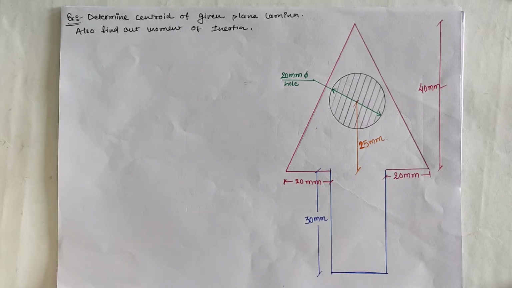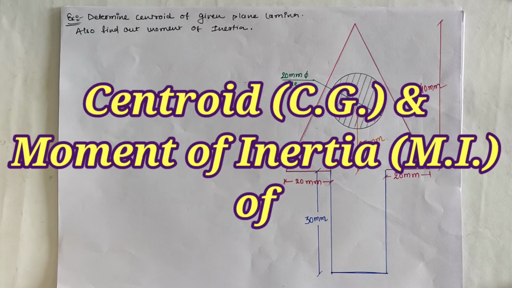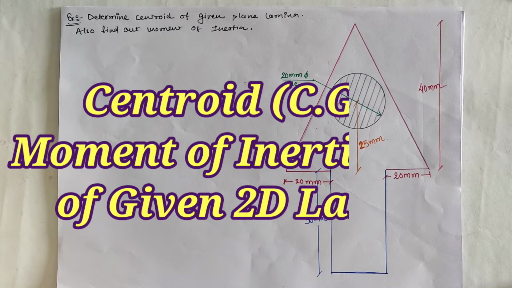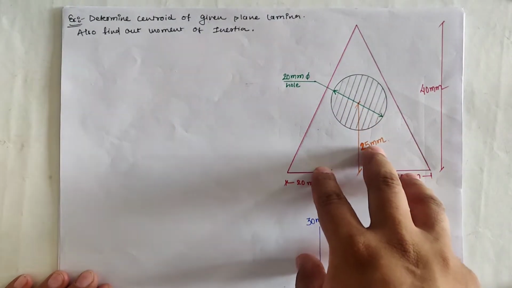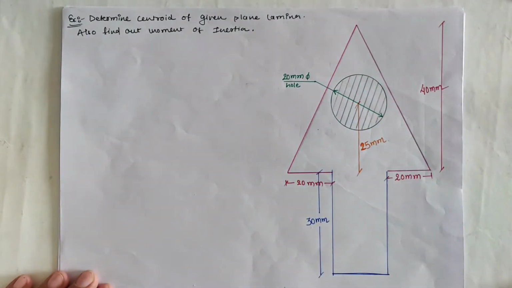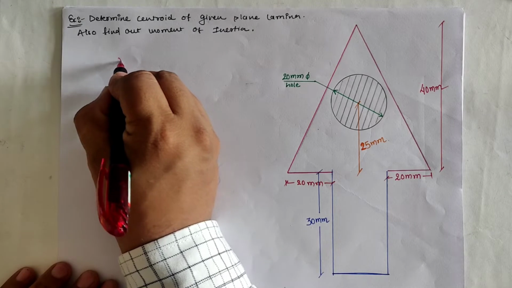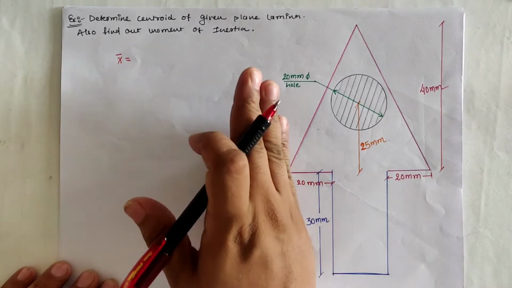Hello friends, today we are going to calculate the centroid of this given figure as well as the moment of inertia with respect to the centroidal axis. First of all, observing the figure, it is symmetrical with respect to the vertical axis. So we can directly use the CG axis, which is x bar,